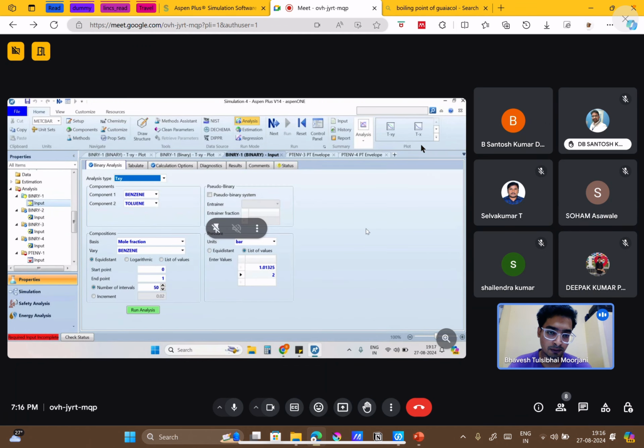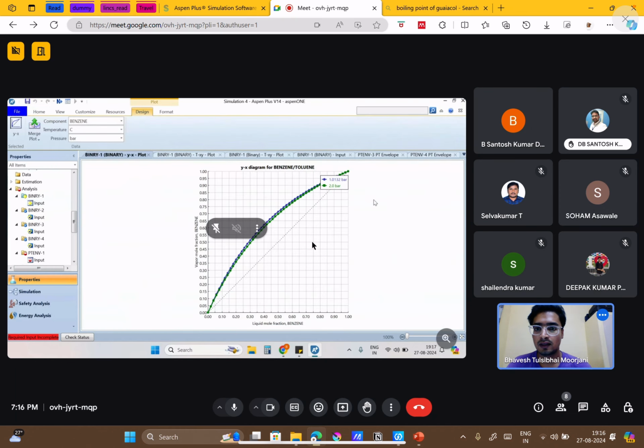Open the menu there, you have other options also. No, where you selected the TXY plot, go right. So you can also plot YX for the corresponding plot, click on that. You can also plot the YX diagram for a given selected TXY or PXY plot. That is also one thing.